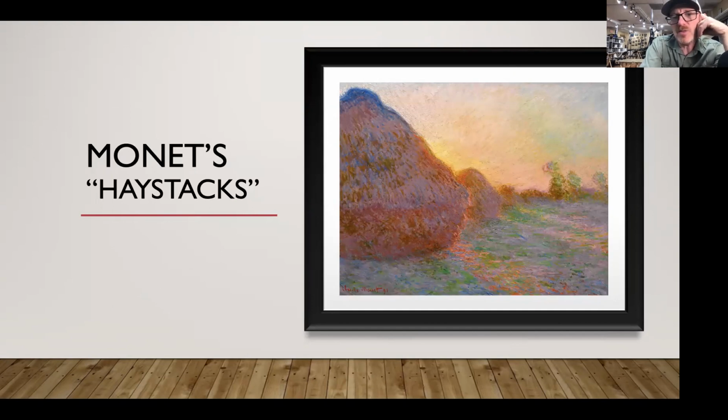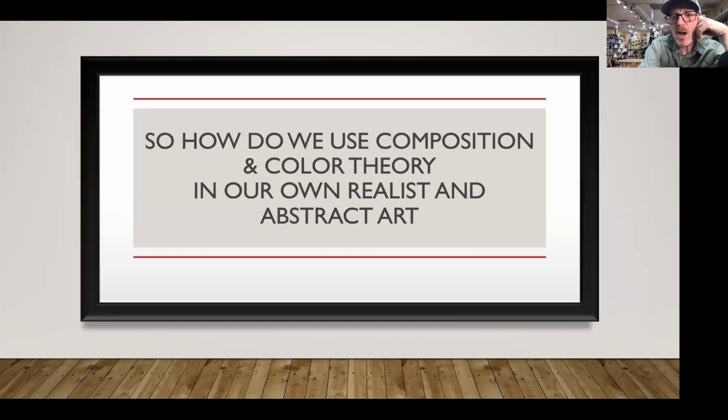composition and color theory lecture, now that you're empowered to think about compositions in terms of 5 different variables and the impact of each of those, now that you're empowered to think about color as having hue, saturation, and value, that you are in command, you wield those powers of light and dark, of intense and subdued, of red versus orange versus purple versus yellow. How should we use composition and color theory on our own abstract and realist artwork?